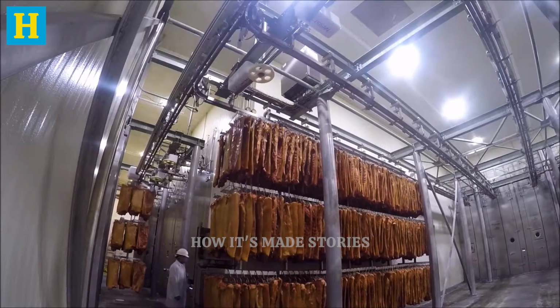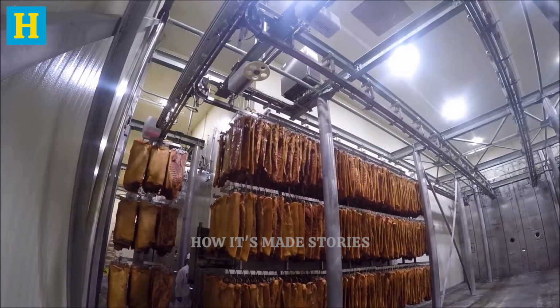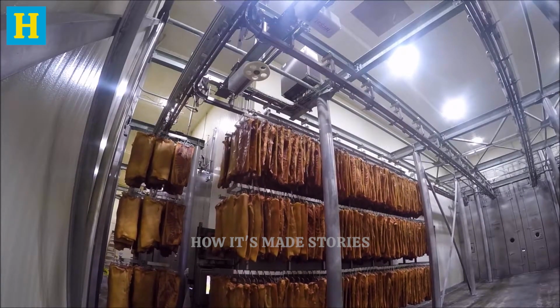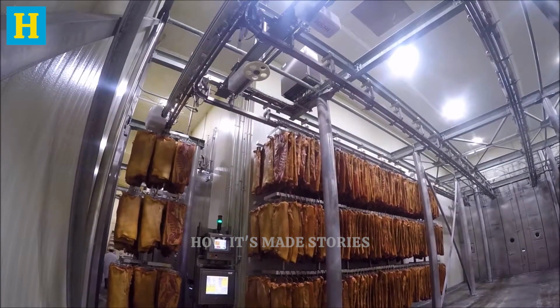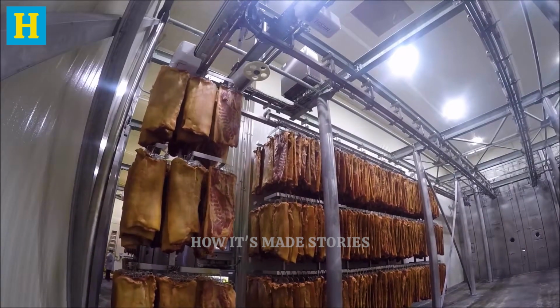In the bacon smoking step, an advanced overhead rail automation system is used to streamline the process. After curing, the pork bellies are carefully loaded onto racks that are connected to an overhead rail. This automated system transports the pork bellies into large smoking chambers, where they are exposed to a controlled wood smoke